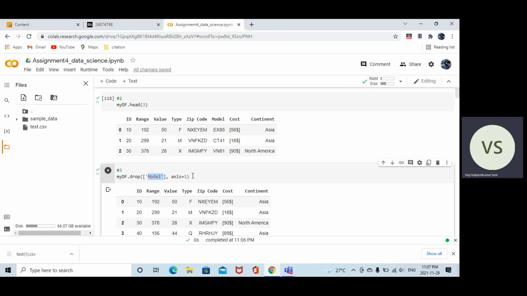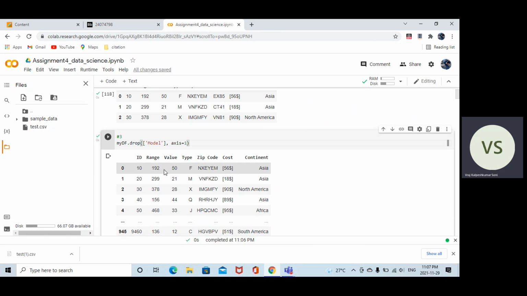Remember guys, whenever we try to delete any kind of column, we have to write axis is equal to 1. Whenever we are trying to delete any kind of rows, that time we have to write axis is equal to 0. So that's how it's gonna work, and it will work perfectly fine.